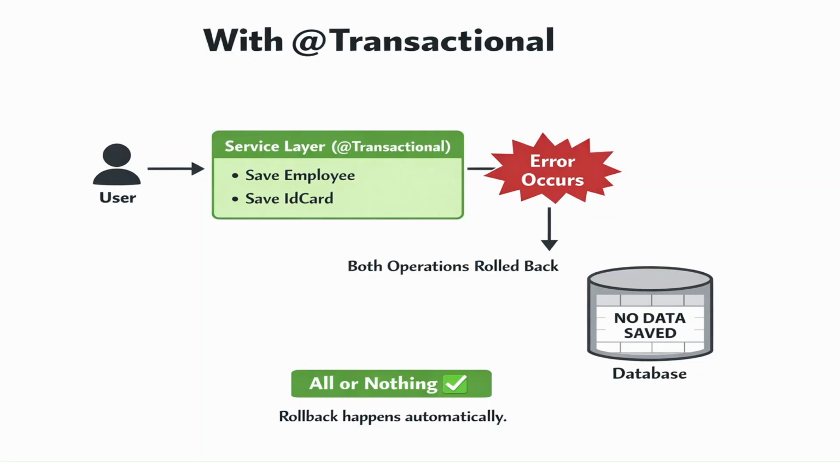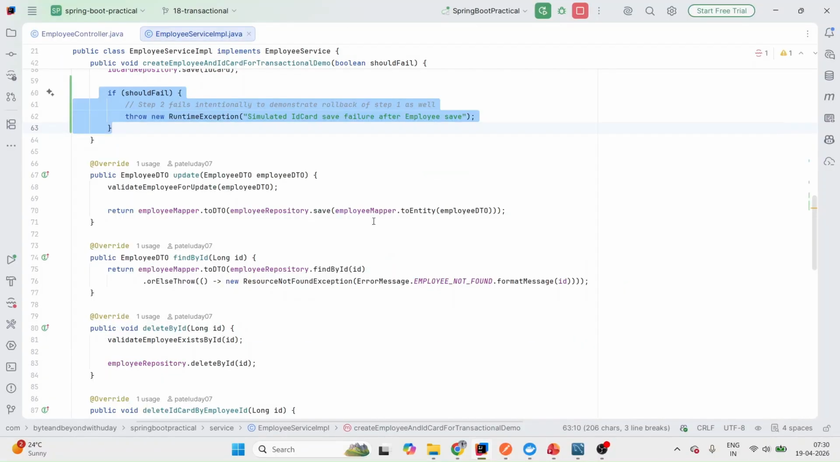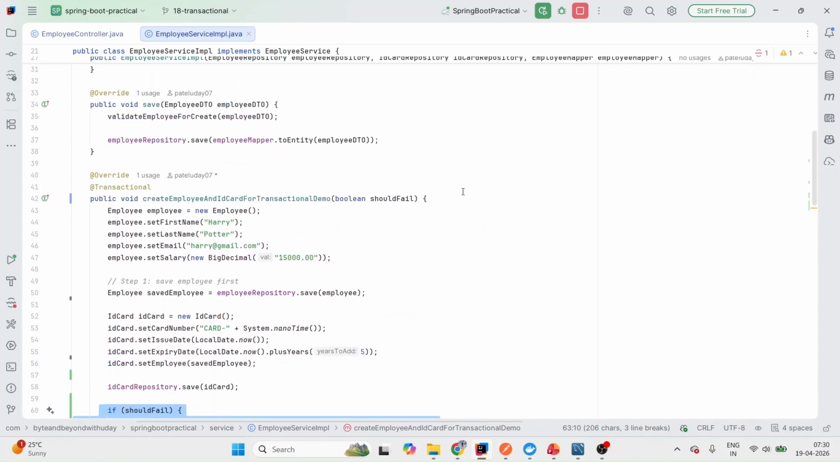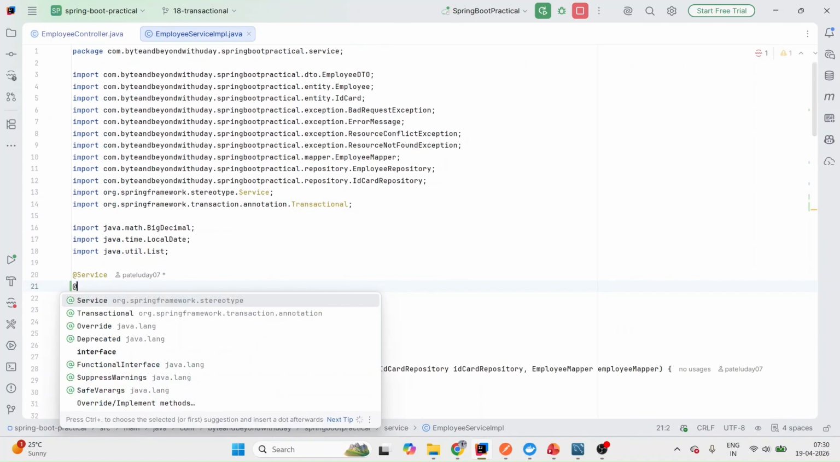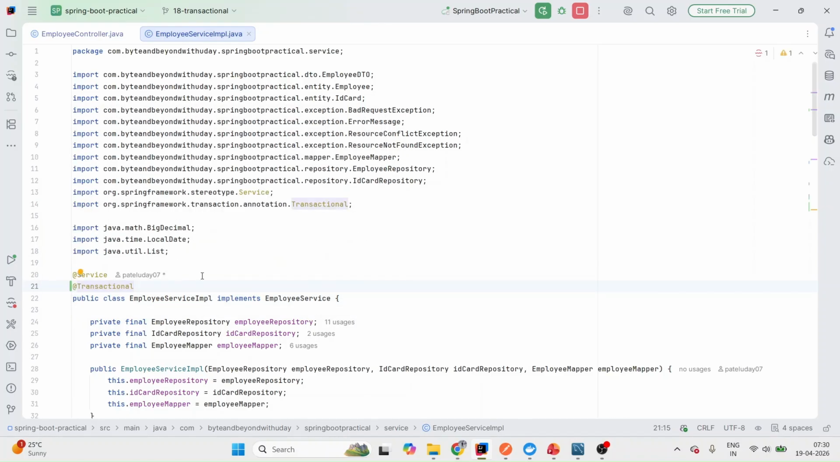All right, perfect. And as a bonus point, I would like to explain that we can declare this @Transactional annotation at the method level, as well as, if I want to declare it at the class level, I can do that. Additionally,